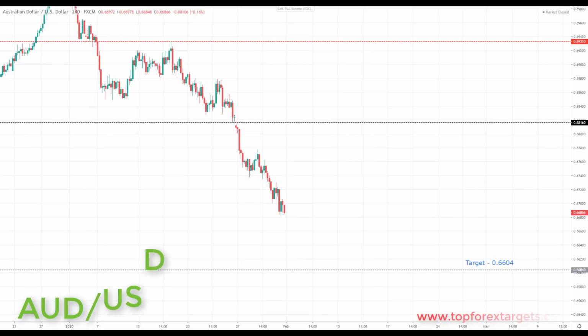So the next market that we're going to look at is Aussie dollar. Now we come to the first commodity currency here. You can see what I was talking about at the start of the video, especially the Australian dollar, with Australia having the closest trade links with China out of all of the commodity currencies. Even though we've seen a weaker dollar towards the end of last week, we did not see any bounce in the Aussie dollar. In fact, we still started to trade to the downside because on a relative basis, even with a weaker US dollar, what's going on with the coronavirus and a perceived or anticipated lack of demand in China, we're seeing weakness coming into these commodity currencies.